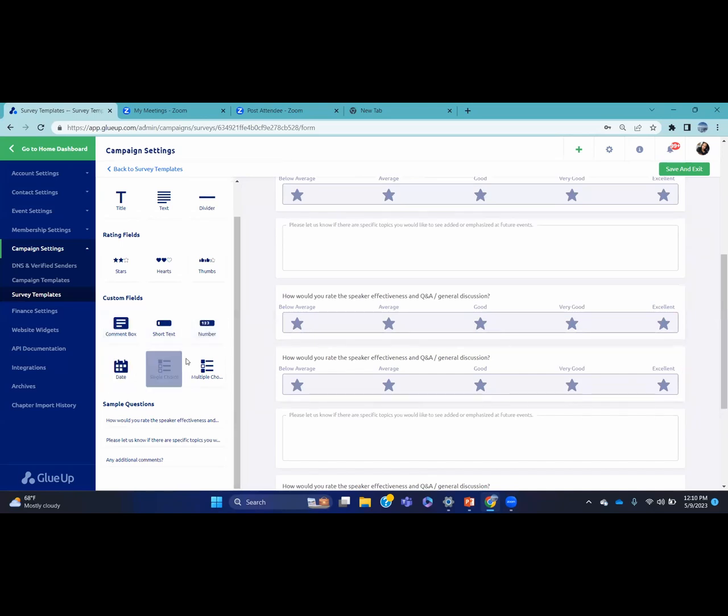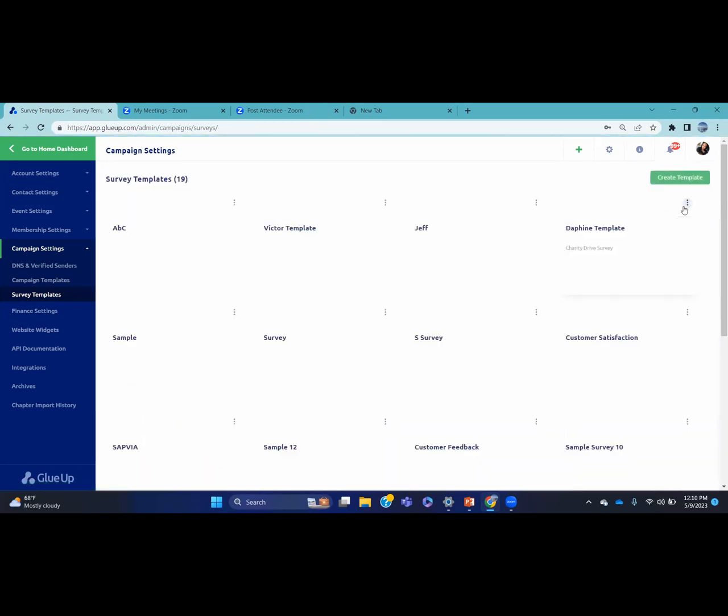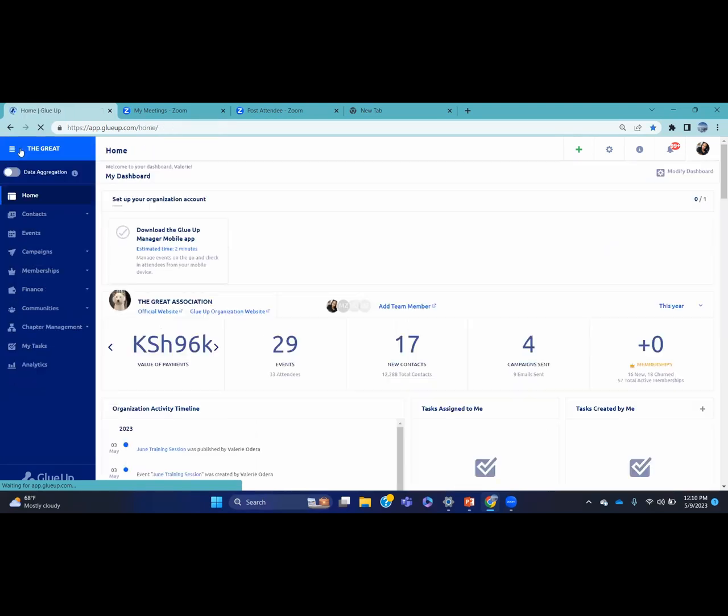Okay, so you can utilize any of the custom fields or any of the sample questions provided and save. So the next time you have a customer satisfaction survey, you only need to use the template you initially created. So it's very simple and straightforward. And we can jump over to the campaigns module itself,